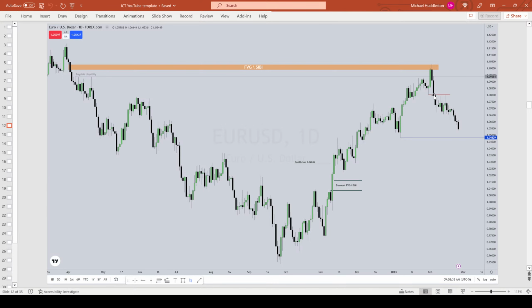But because it closed below, now here's where you take notes, folks, okay? If you're just binge watching in a Netflix and chill type attitude with ICT, you're not learning. You're wasting your time. If we close below the swing like that, you're going to treat that as a breaker. You won't need to think about coming back up into this imbalance.